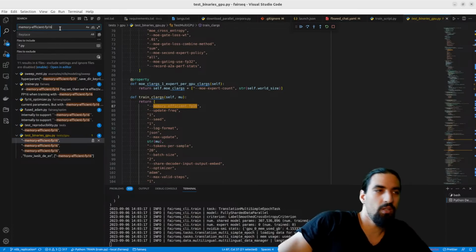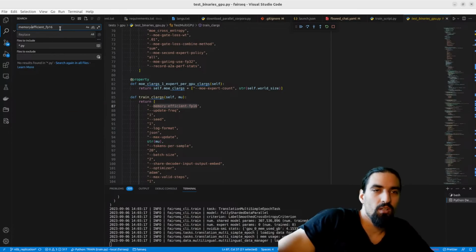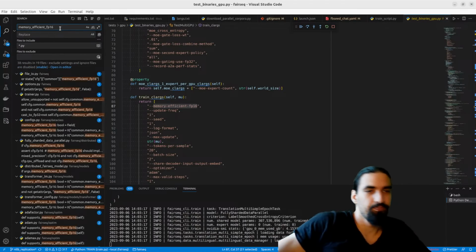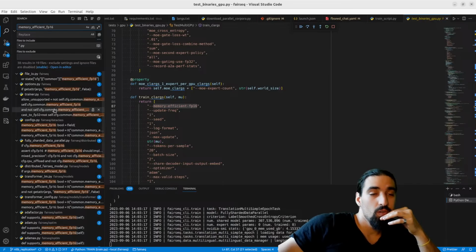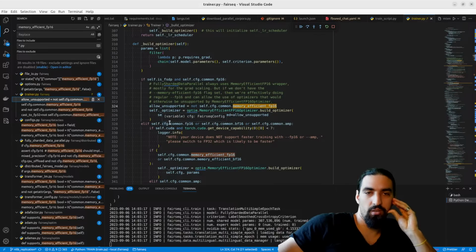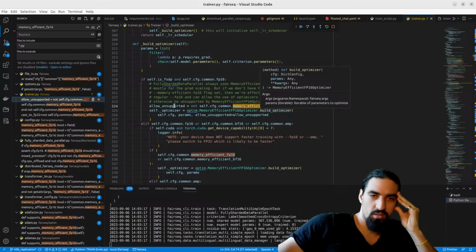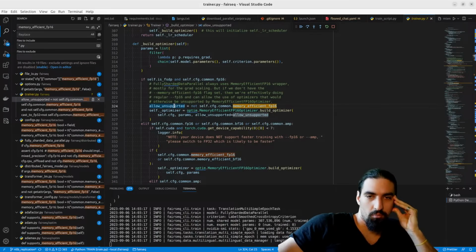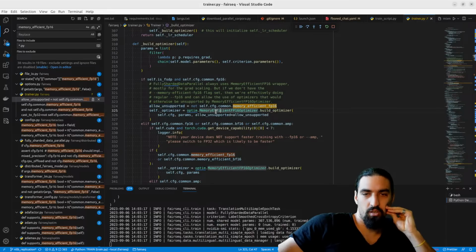Okay, let's see without the dashes. Let's see the underscore. Allow unsupported. If it's memory efficient, then this is not allowed. Build the optimizer. Memory efficient optimizer. Let's just put the breakpoint there as well.